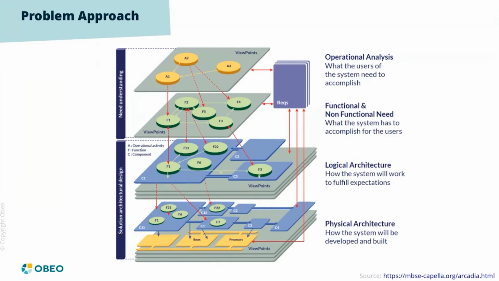So from now on, I'll be assuming that most of you are at least a little bit familiar with Capella, Arcadia, or modeling workbenches in general. What I really want to point out here is that the method itself emphasizes the importance of tracing the architectural concepts with the requirements. That's the red arrows that you can see between the purple box requirements and all the layers of the method. So it's really at the core of the methodology itself to maintain such traceability.